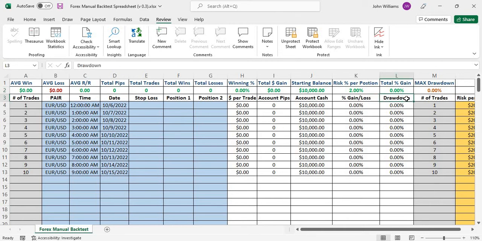And I found as well that recording your drawdown per trade was important, and also recording what your max drawdown was. So again, I used a function, or a formula if you want to call it that, to get what the drawdown would be, and also what the max drawdown will be. And drawdown was one of those that was more or less easy to understand,